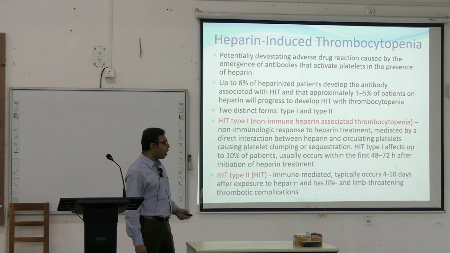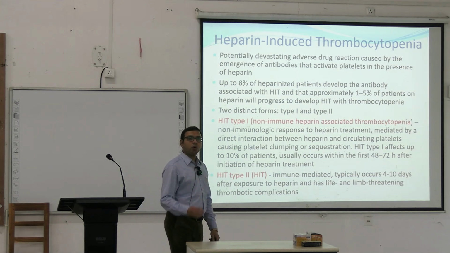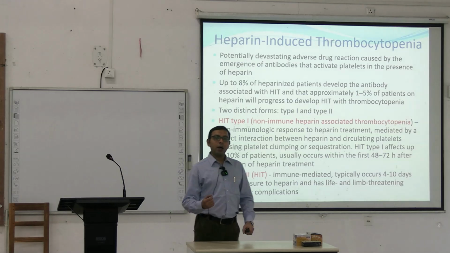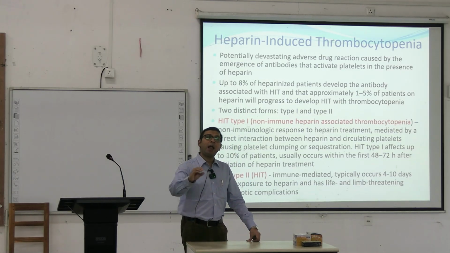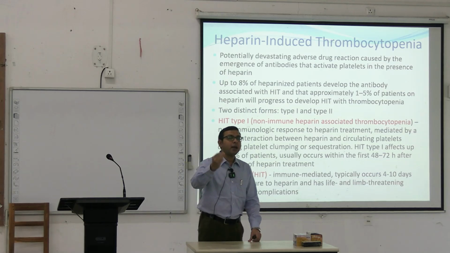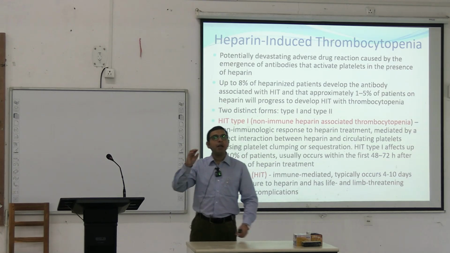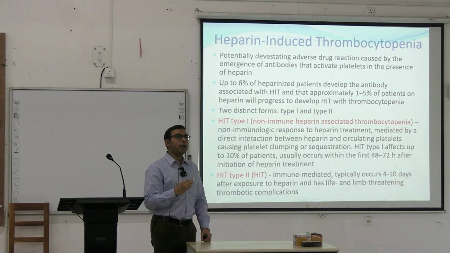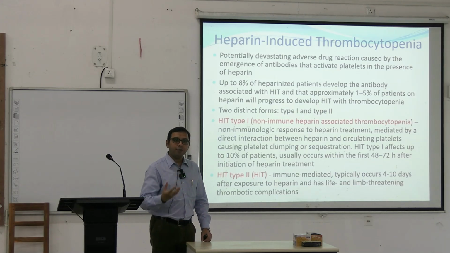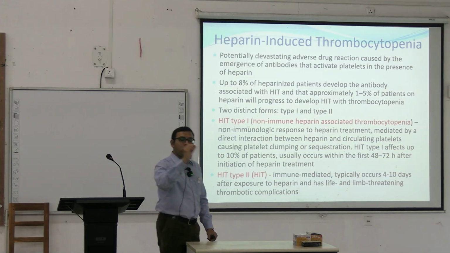after exposure to heparin and has life and limb threatening thrombotic complications. So there will be decrease of the thrombocyte count, but also there will be platelet plaque formation. That's why the platelet count is decreased, and due to the presence of this platelet plaque there will be thrombus formation. So ultimately it may be life threatening if it blocks the coronary artery or